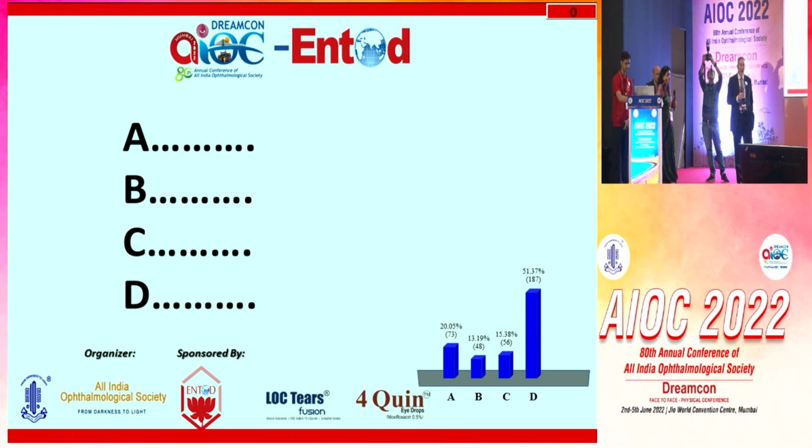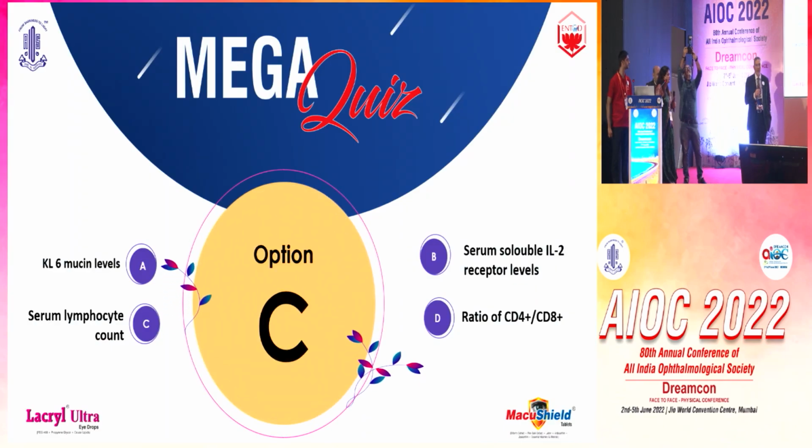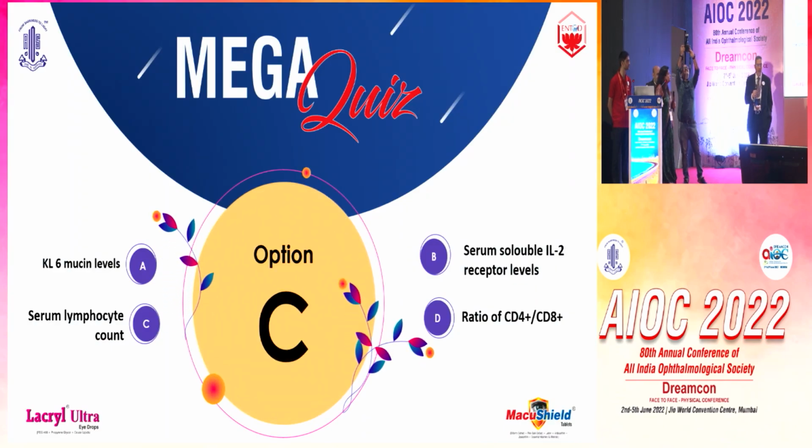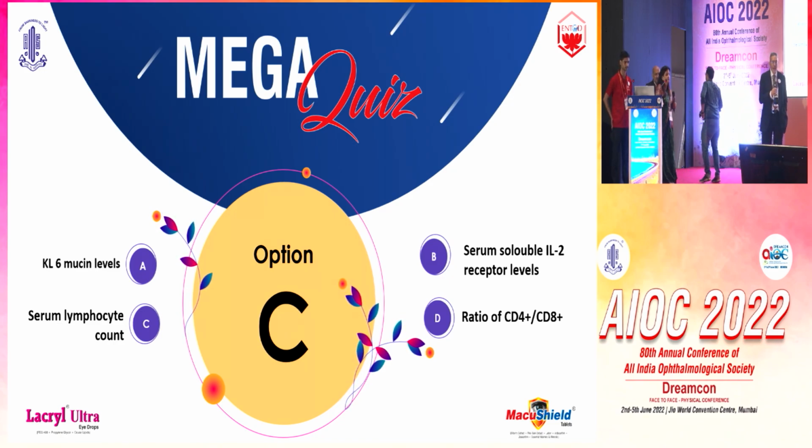So when the CD4 by CD8 is not raised, then your suspicion goes up because sarcoidosis is a disease of elimination. And the correct answer, of course, was serum lymphocyte count. So serum lymphocyte count is not raised. CD4 to CD8 was so logical, even I thought it was the correct answer, but it's the lymphocyte count. So sarcoidosis is a process of elimination. It's very difficult to diagnose it per se because it mimics so many things. But if the serum lymphocyte levels are normal, then you think it could be sarcoid if everything else fits in.